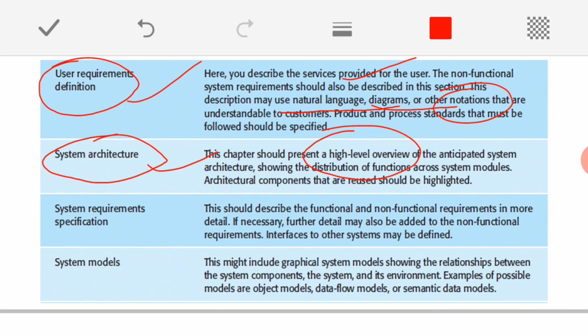Why? Because once again the same thing: software is not a single entity, software is made up of different parts. Wherever any system is concerned, every part of the system is to be shown, and their relationships we can exhibit by drawing this system architecture or defining the system architecture. This should be a separate chapter.